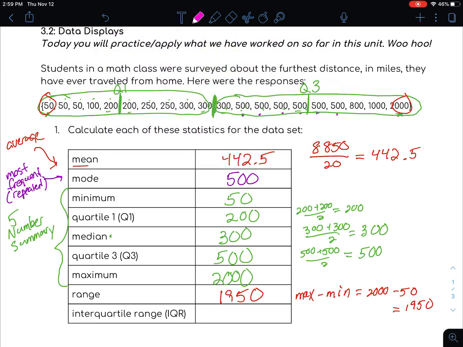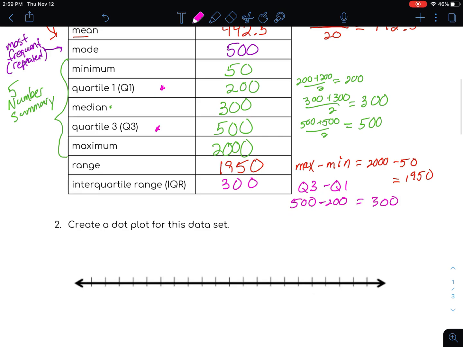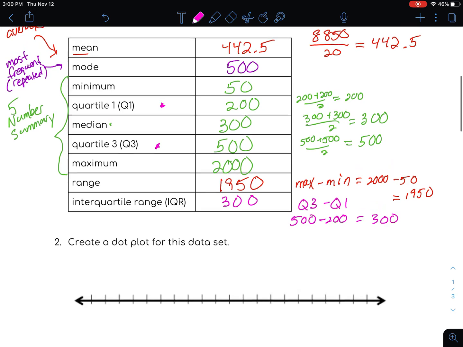Remember, the interquartile range is the range between the quartiles. So in this case, the range between Q3 and Q1. So Q3 minus Q1 is the interquartile range. And in this case, Q3 was 500, and the lower quartile was 200. So 500 minus 200 is 300. So that was a range of 300 between the quartiles. All right, so now let's go through and make the